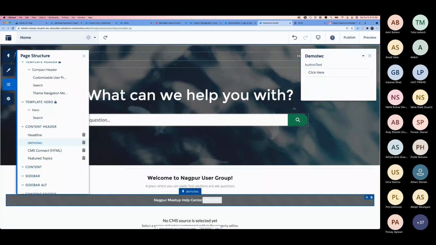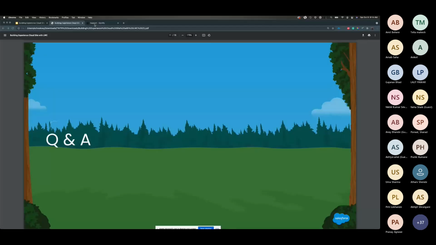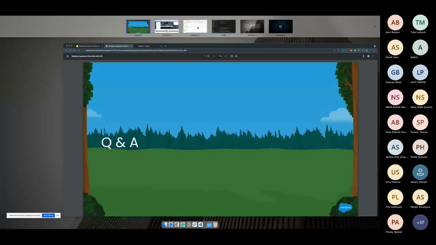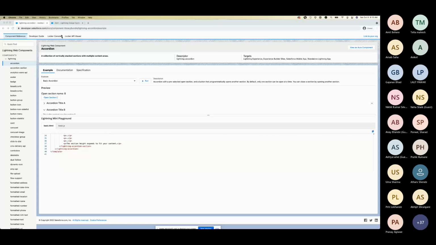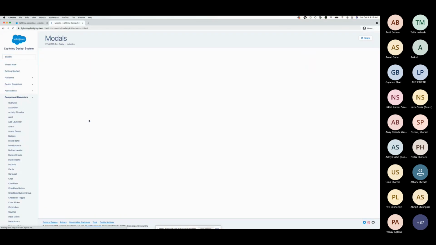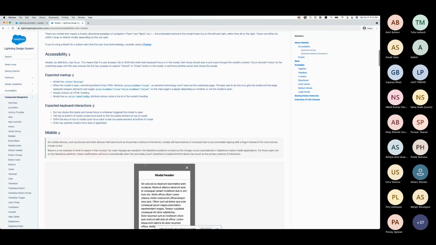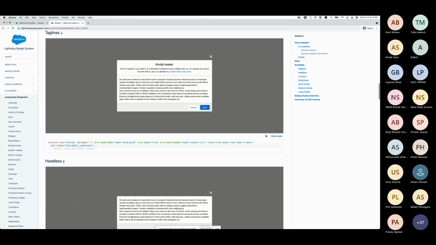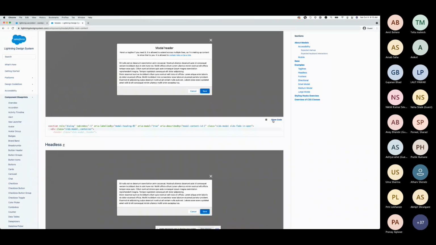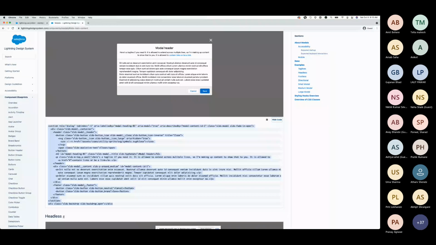How to make this component open as a modal? Very simple. Again, I will just quickly go into the Lightning Design System. If you are using the modal CSS, it will work. There is already a modal CSS which comes by default. You have to use that CSS. Instead of this, I just copy paste what's there and then add it. So you can do it. The Lightning modal is all CSS based, so you can use it.